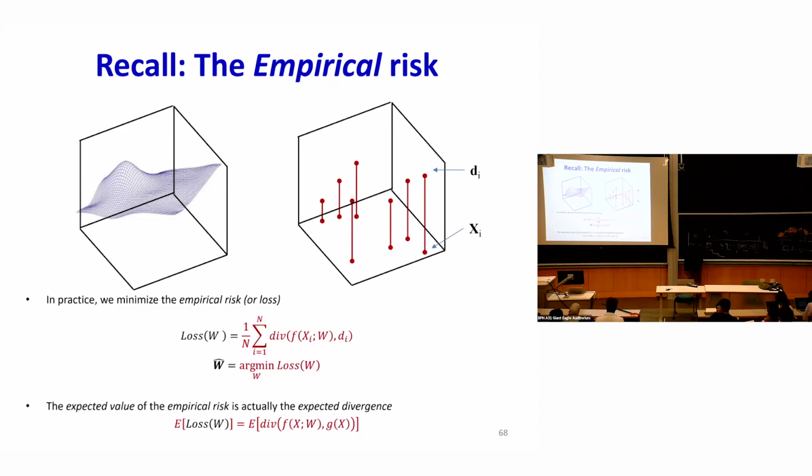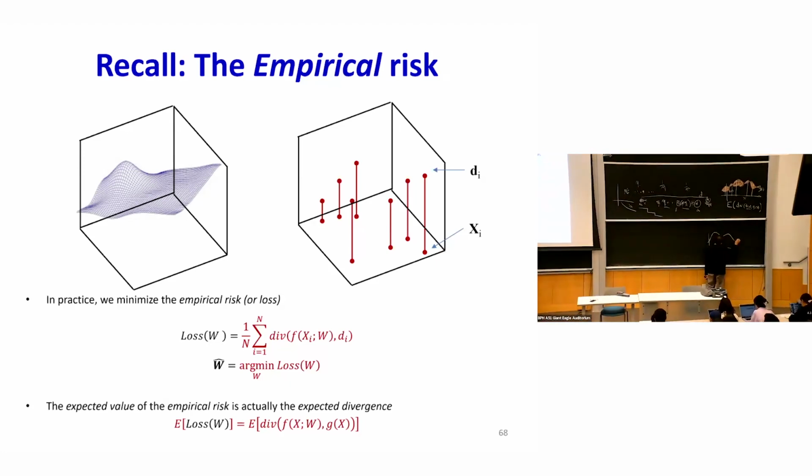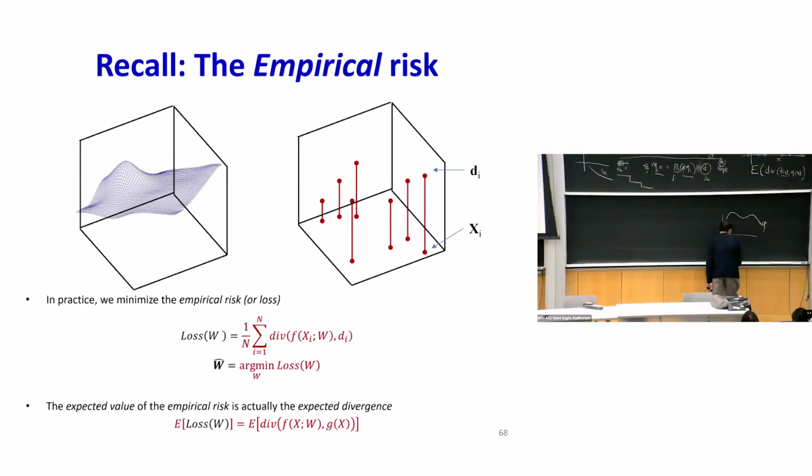The input has some distribution. And so now if I have, say this is my target function, G, and